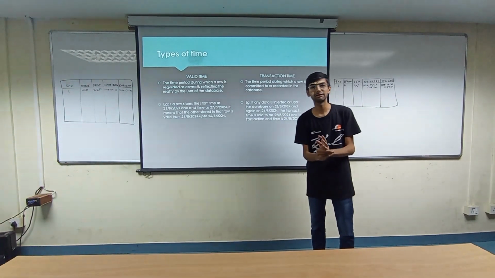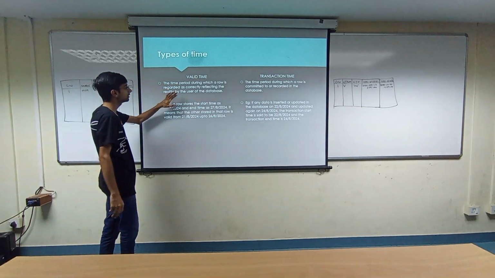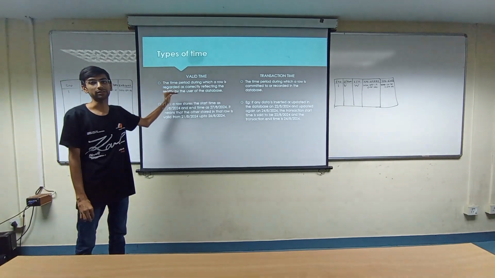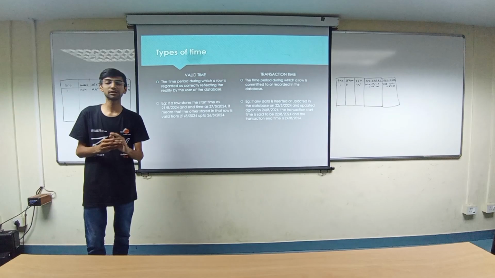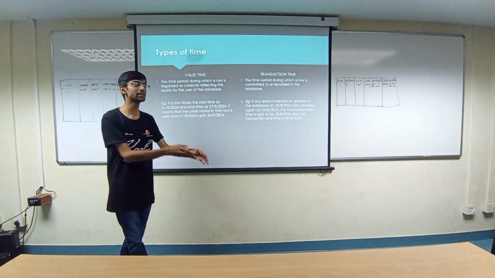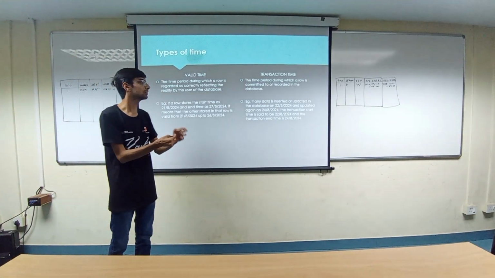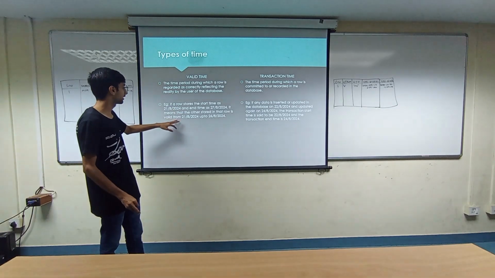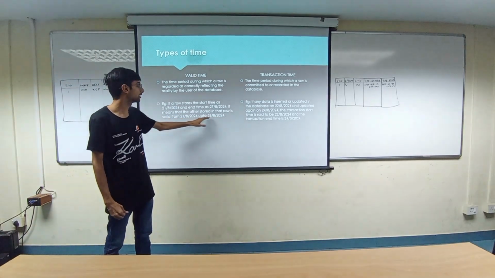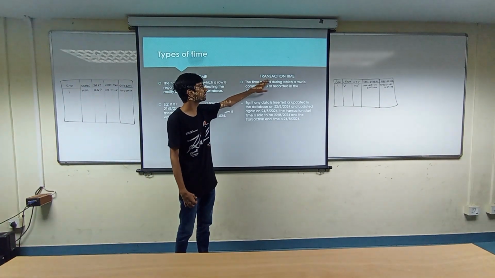Now let's have a look at the types of time. There are two types of time. First is the valid time. Valid time means the time period in which the row is regarded correct. For example, if I am traveling from a place on the 15th and I will be reaching on the 16th, then the valid time is from 15th to 16th of August. That's the valid time. As seen in the example, 21/8 to 26/8, but it would not include the 26th. Sorry.